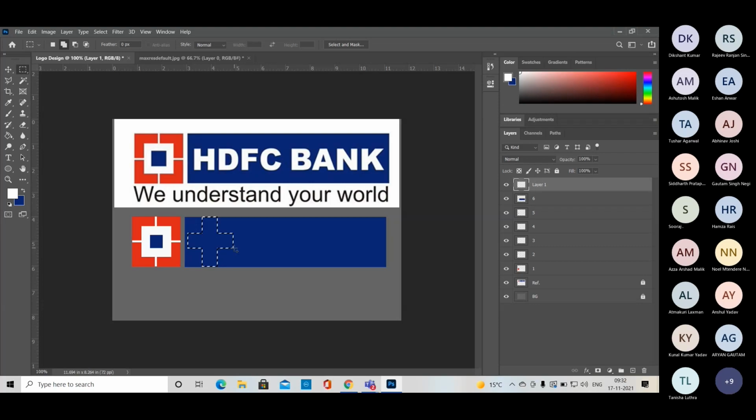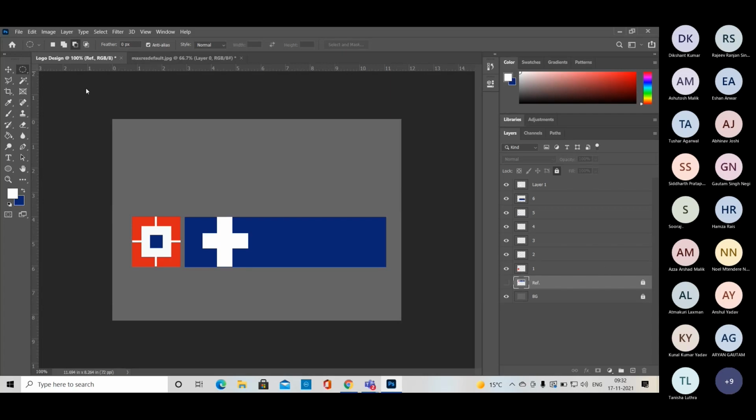See, so is it easy now? So you have to use this, then Alt Backspace, Control D. So with the help of only the selection tool, we can do lots of things, right? Now, again, you have lots of logo designing. We are working on a few of them. Suppose we have to design a logo. We have to remove this reference file, right? And when we want to select the whole layer, we have an option, just delete it.